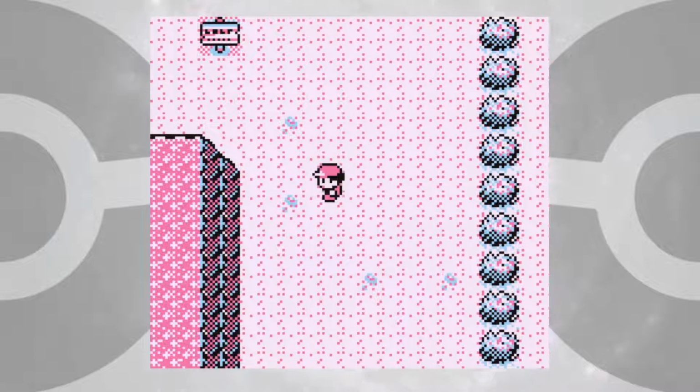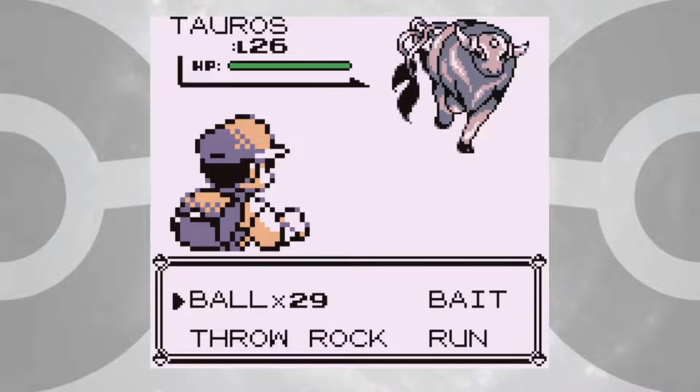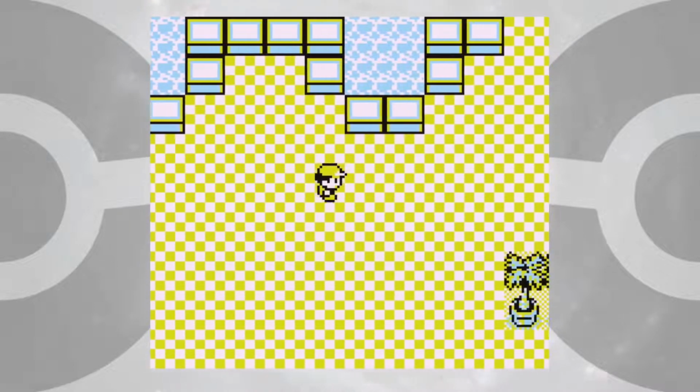Once I complete the main story stuff, I wander around until I eventually come across a Tauros, the best non-legendary Generation 1 Pokemon. After a few failed attempts, I eventually catch one. With my team complete, I head over to Silph Co. to grind up my team in preparation for the next gym